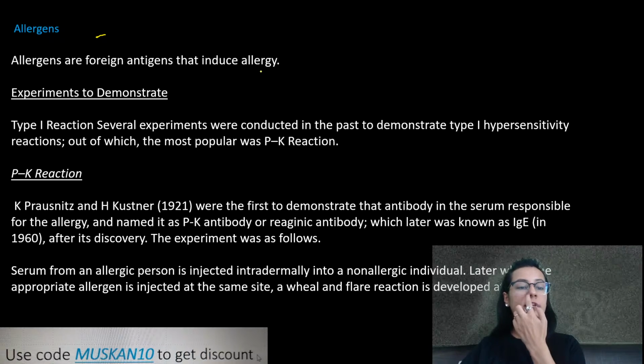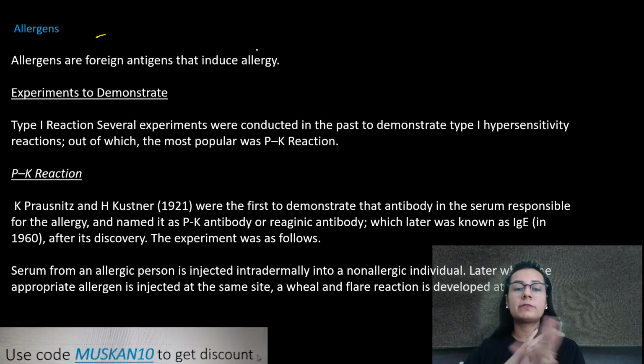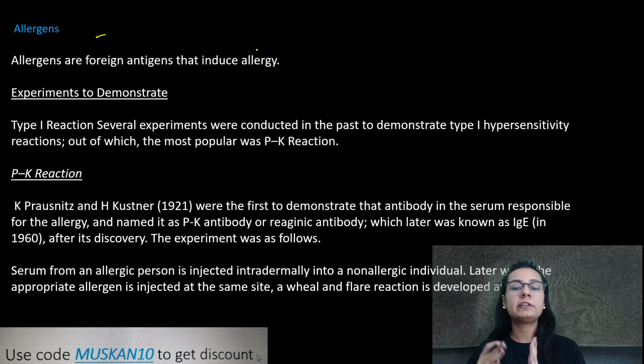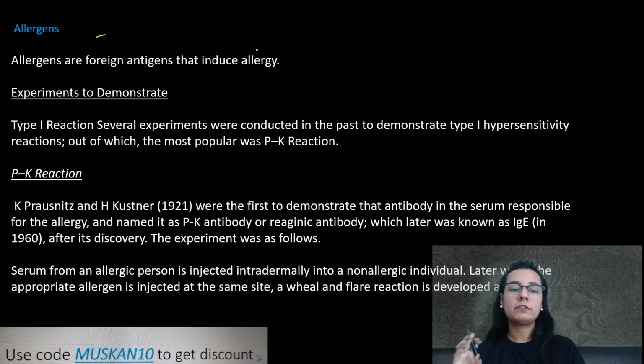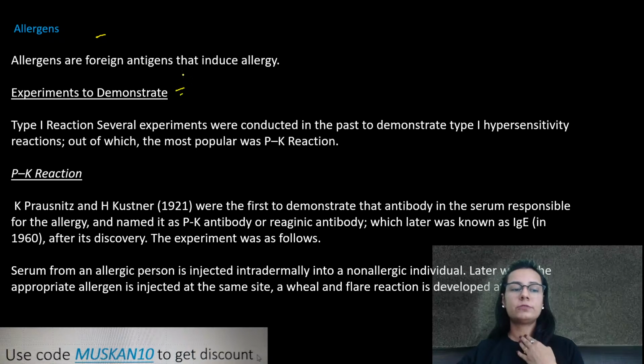And the experiments to demonstrate, in the starting of the class only, हमने type 1 के बारे में सब कुछ important चीजें पूछी जाती हैं. We already discussed for type 1, type 2, type 3 and type 4. Now a little bit of theory I will cover just for those students mainly who want to give the professional examination as well. Now experiments to demonstrate